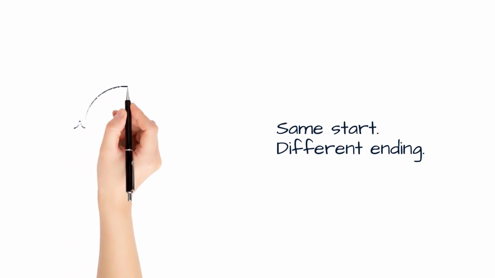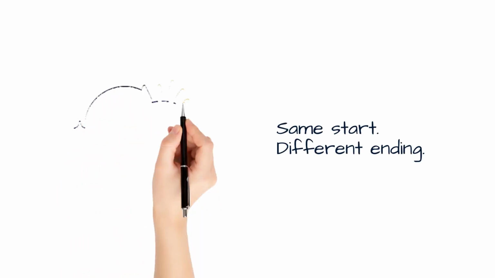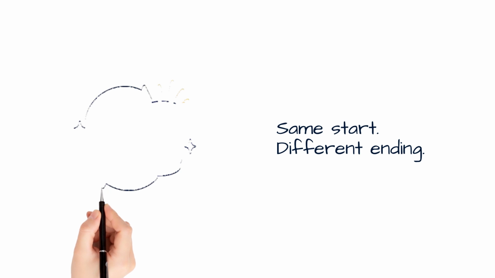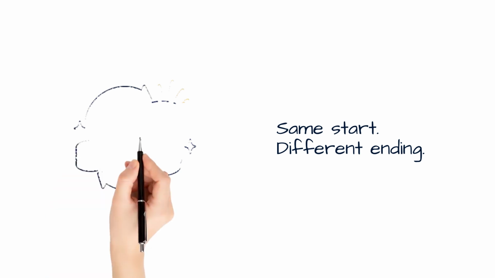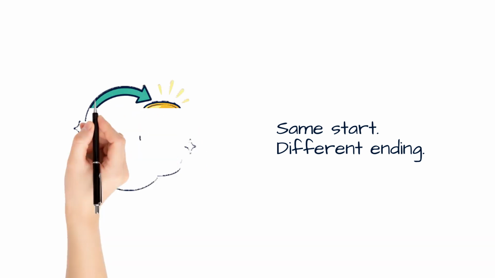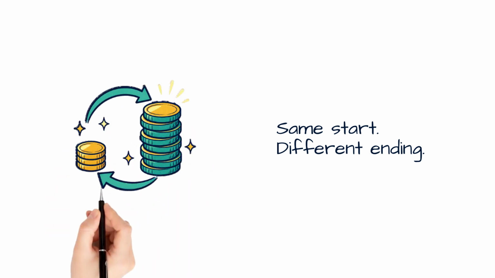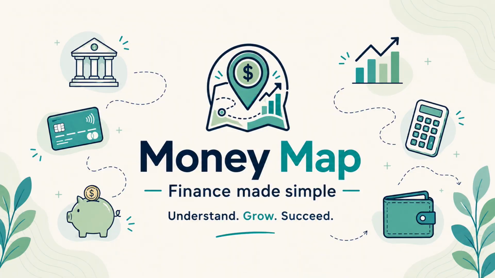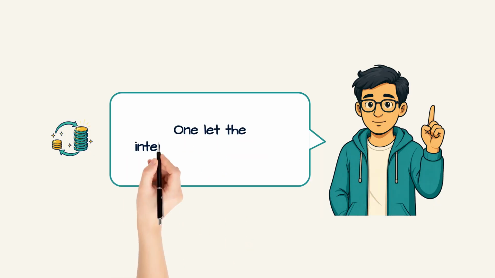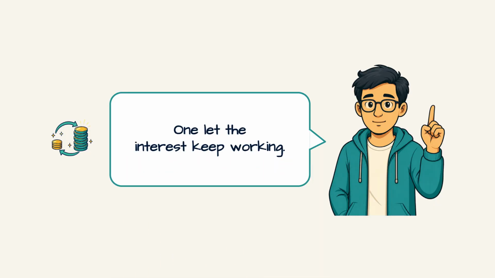Two people each start with $10,000 at the same 6% for the same number of years. One ends with far more money than the other, and neither of them earned a higher rate. The only difference is one small choice about what happens to the interest. That choice is the entire difference between simple interest and compound interest, and once you see it on paper, you